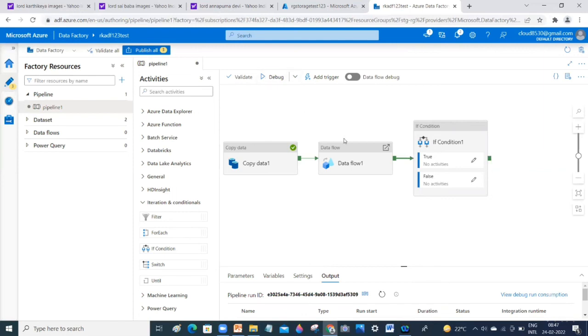The moment you start using data flows, we need to use the data flow debug. Behind the scenes, the data flow will use Spark capabilities where the computation is provided. You will not know it, but behind the scenes the execution is done through Spark clusters only. So let's go back to the